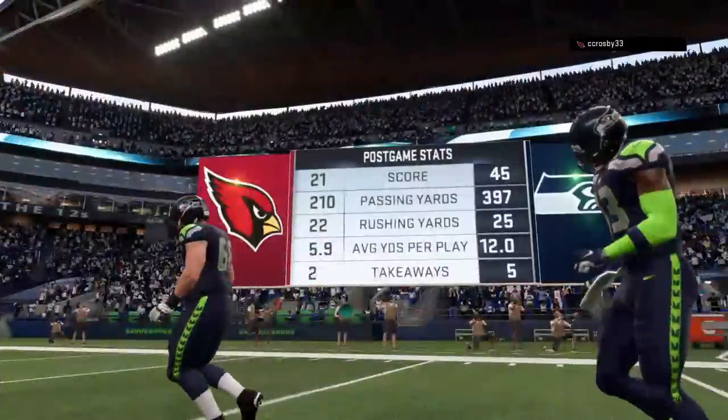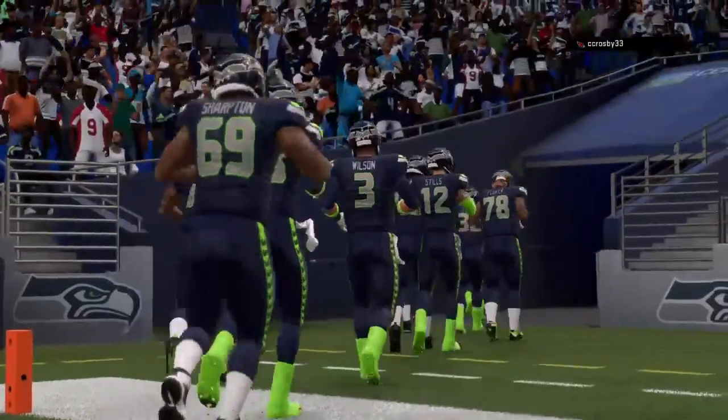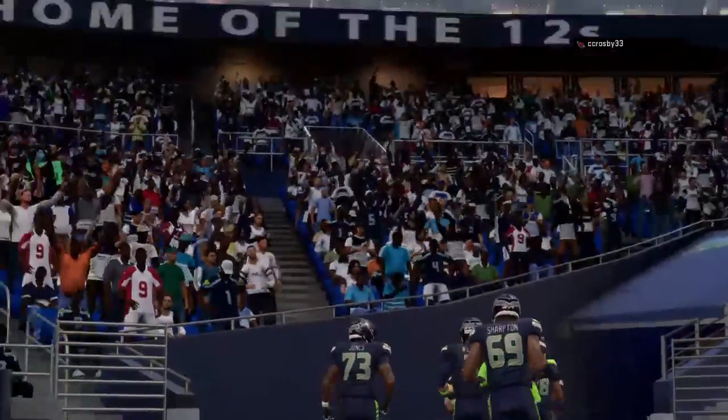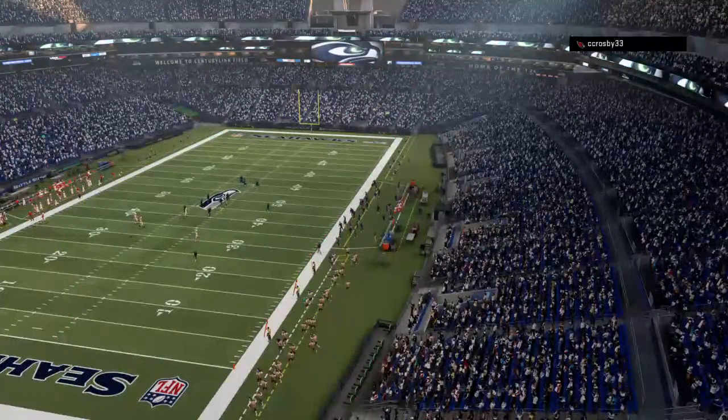So for the Seahawks, the great run they've been on continues as they move to 9-1 now. And they will hit the road next week to take on the Miami Dolphins. Meanwhile, for Arizona, it was a game they really